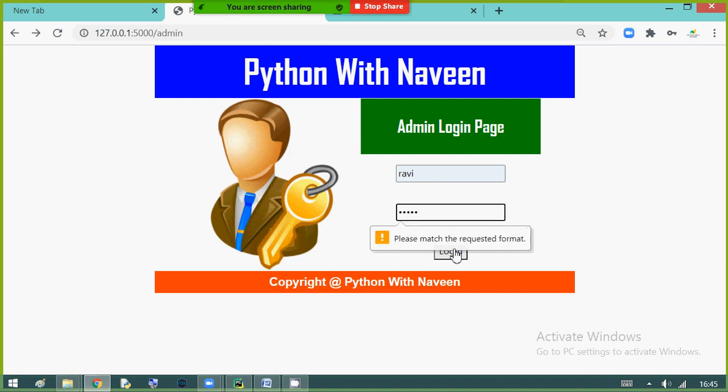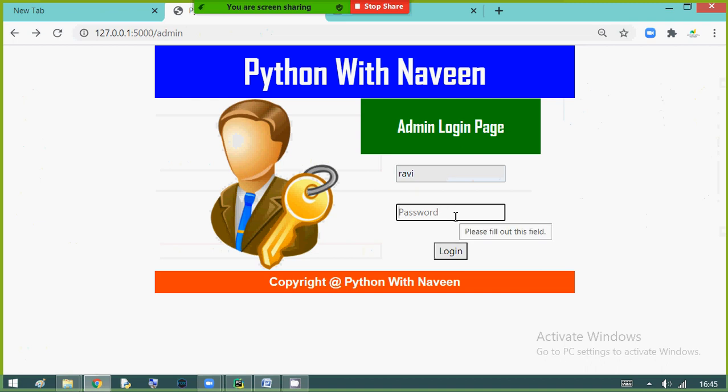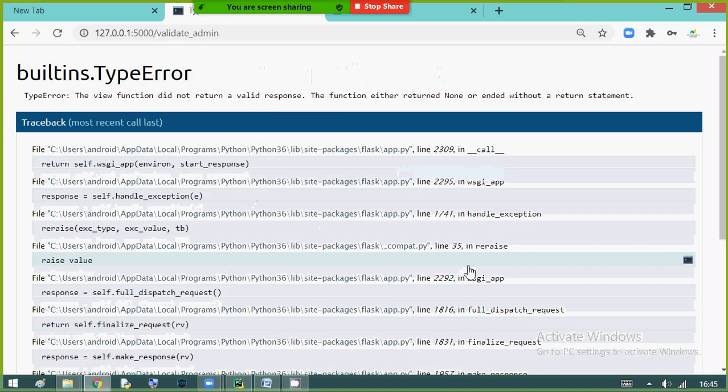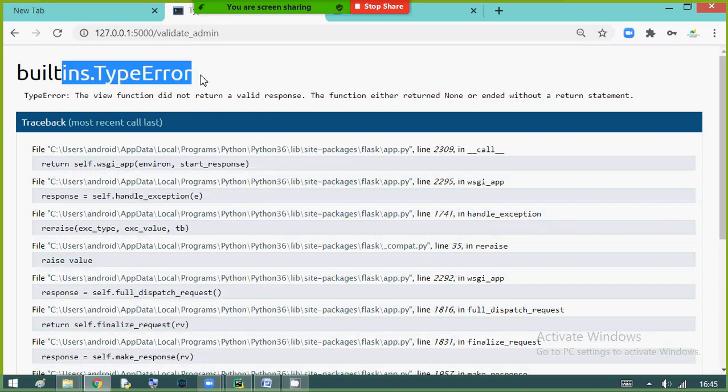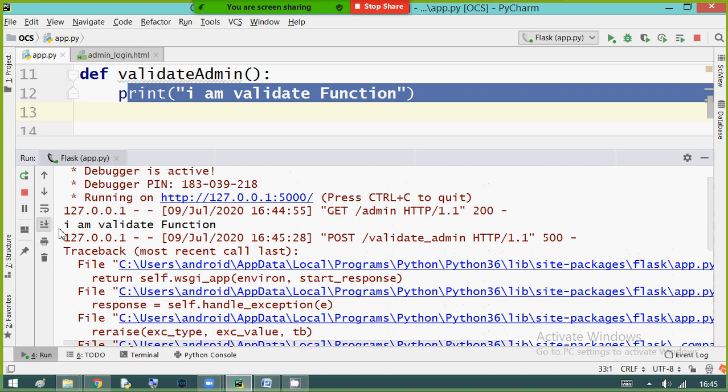Yes, the password needs to match with our pattern: one alphabet, uppercase, lowercase, number, uppercase, lowercase, number, uppercase, lowercase, number. Right. Okay, built-in type error, no problem, we'll get an error, don't mind this. Back to the server. Did you get that output? I am validate function. So the program is working properly.